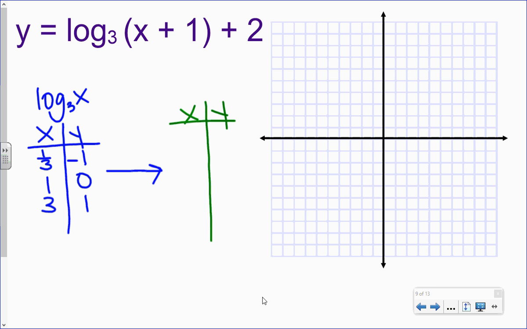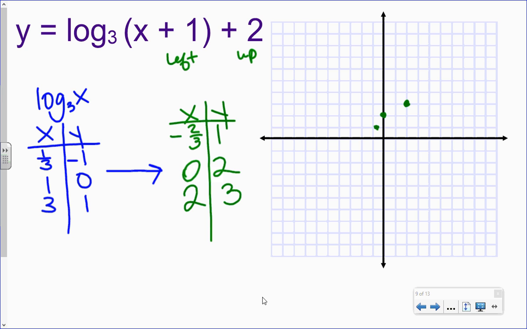Kiana, can you tell me what this 1 and 2 will be doing to our graph? So left 1 and up 2. So this (1/3, negative 1) is going to shift left 1 and up 2, so it becomes (negative 2/3, 1). The coordinate (1, 0), we need to shift left 1 and up 2, so it becomes the coordinate (0, 2). The coordinate (3, 1), we're going to shift left 1 and up 2, so it becomes